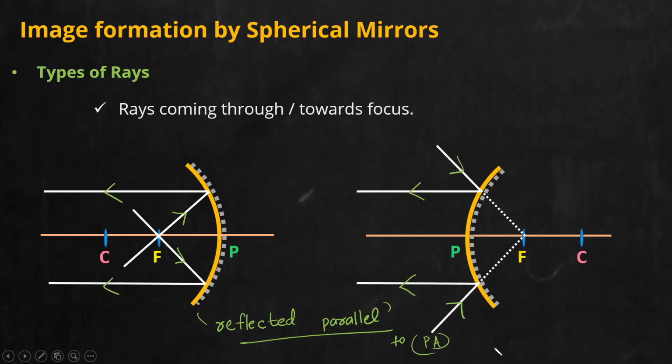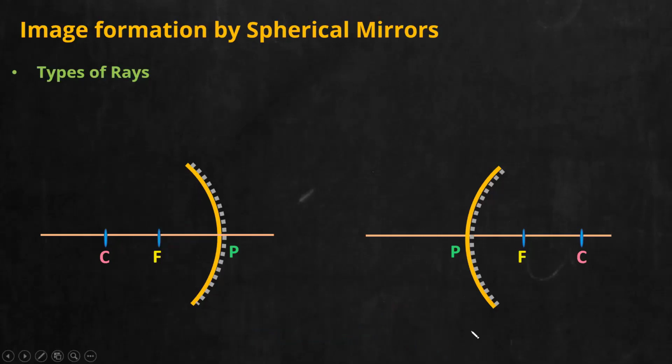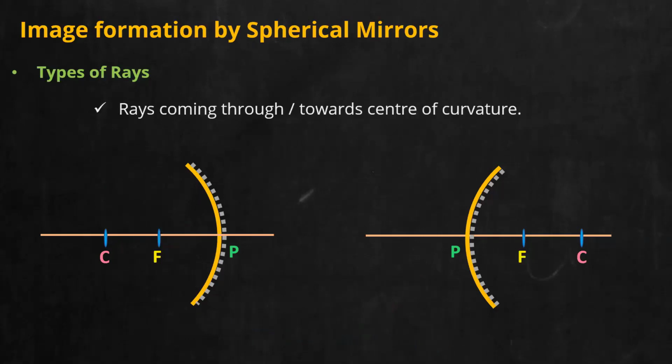So we have two rays. The first ray, which is parallel, will pass through the focus, and the second ray, which is the exact opposite, directed towards the focus or passing through the focus, will emerge parallel. Now we are moving to the third type of ray. The third type of ray is coming through the center of curvature or directed to the center of curvature. The last one was with respect to the focus, but here we'll pass the ray through the center of curvature, or in the convex case direct it towards the center of curvature.